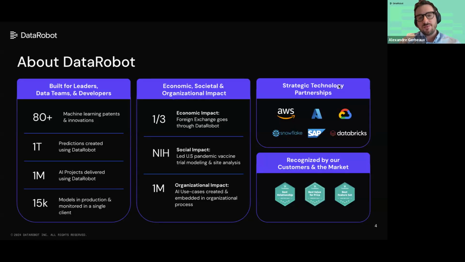About a third of our US foreign exchange goes through DataRobot. So we do have a very high quality and highly secure solution within the financial services. In APAC, we are working very closely with Gcash, where we are helping them to democratize financial services within their customer base. And in Australia, for example, we are working with hospitals to help them deliver better patient outcomes. So that's a high-level view of DataRobot, and then throughout the presentation, we'll share with you a bit more about the technology and some of the latest features that were used by Abdul in this solution.